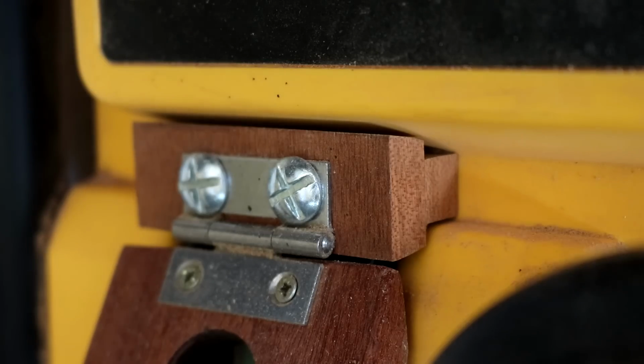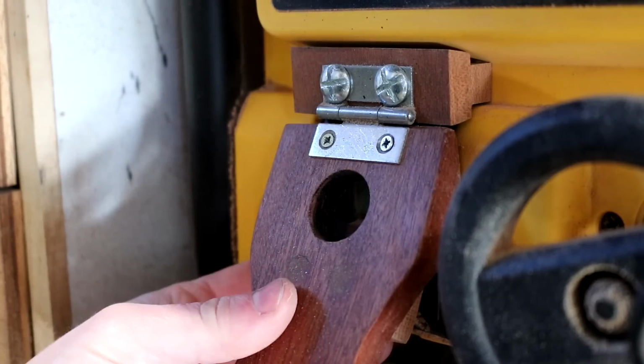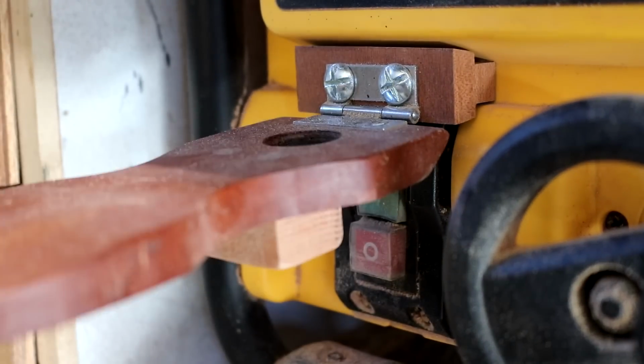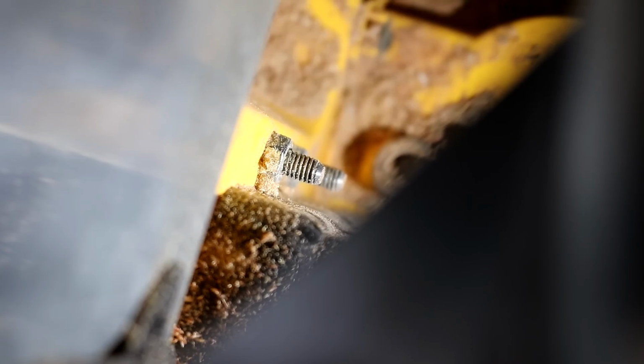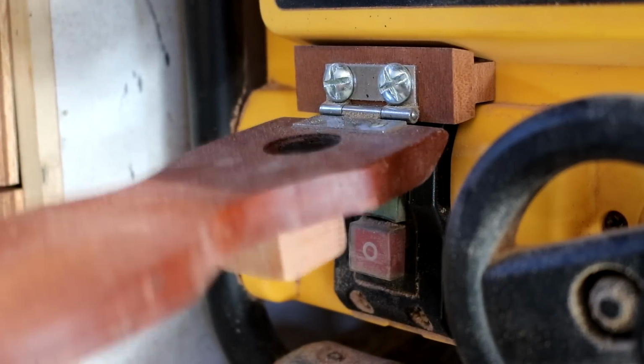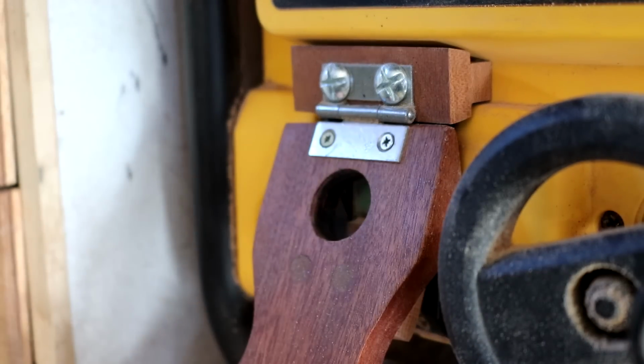It's basically a piece of wood shaped to fit inside this groove here, with a hinge which is attached to this block with some bolts which go through the plastic case of the saw, with nuts securing everything from the inside. The paddle itself has a block attached to it that falls in line with the stop button of the saw. So to have one of these fitted, you do need to drill a couple of holes through the plastic shell of the saw, but for me, I wasn't worried about that, and after all, it is a really important safety